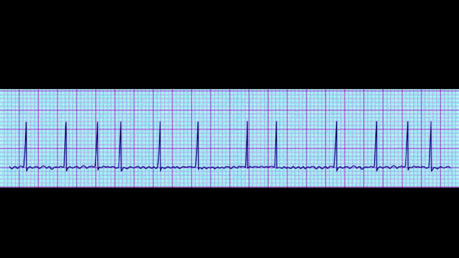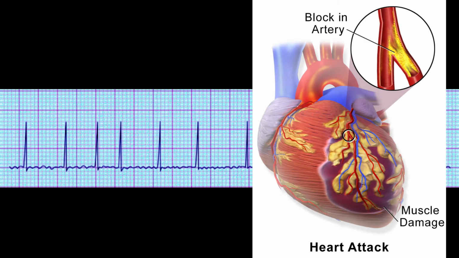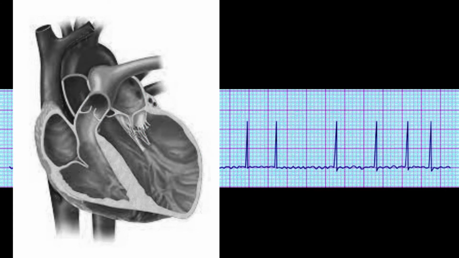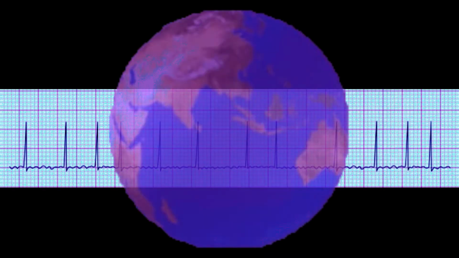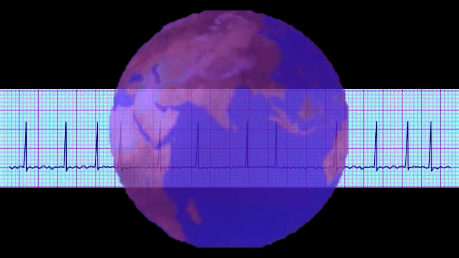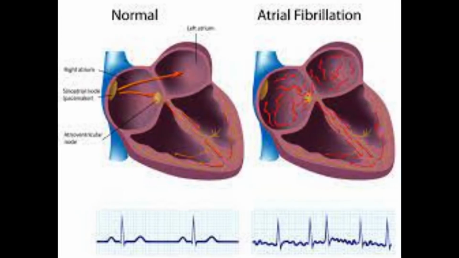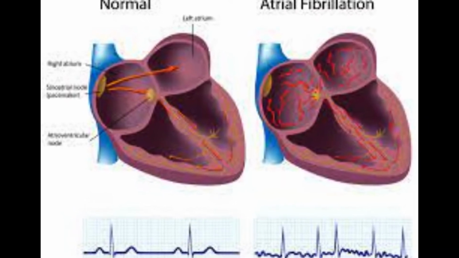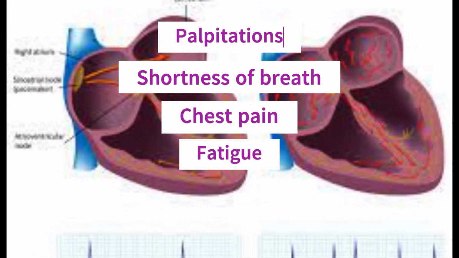Causes of atrial fibrillation include coronary artery disease, myocardial infarction, heart failure, and chronic obstructive pulmonary disease. It is a relatively common condition that affects millions of people worldwide, particularly those over the age of 60. Some people with AFib may not experience any symptoms, while others may feel palpitations, shortness of breath, chest pain, fatigue,